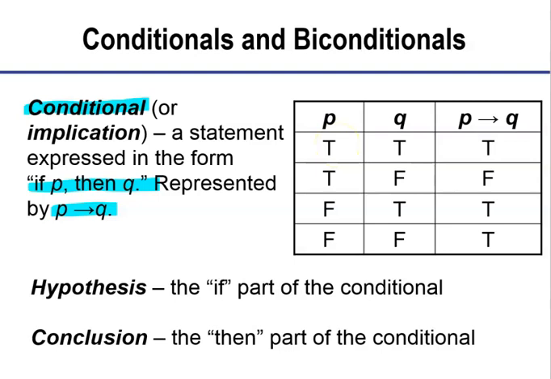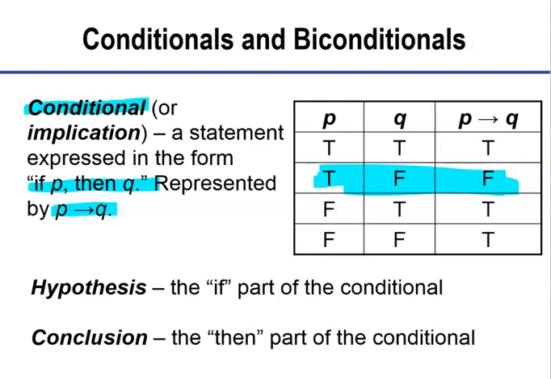But check this one out, and this is the one you got to really pay attention to. Okay, if the hypothesis is true but the conclusion is false, that is the only time a conditional statement or an if-then statement is false. But now look at the third and fourth one. Isn't that weird? If the hypothesis is false and the conclusion is true, hey, it's just a true statement. And really